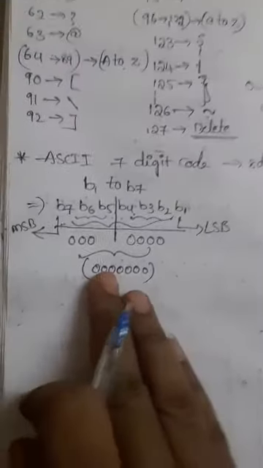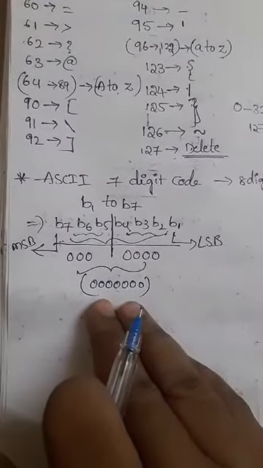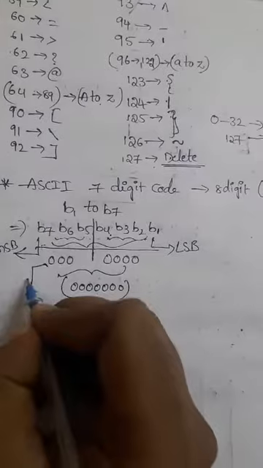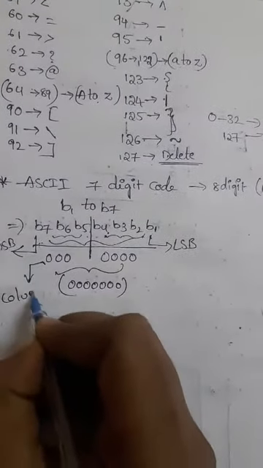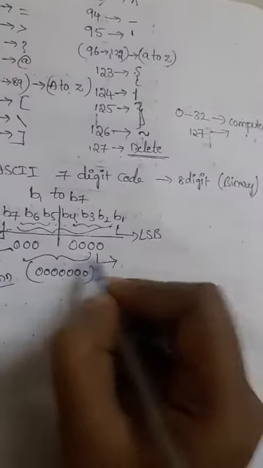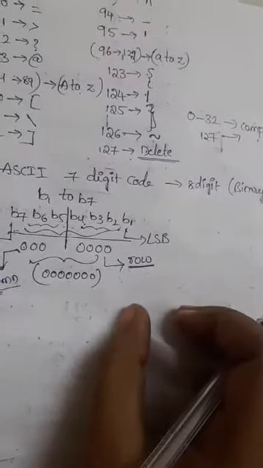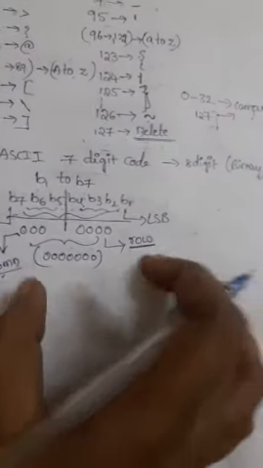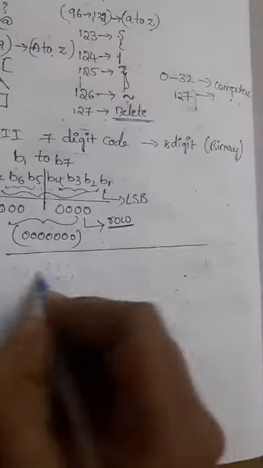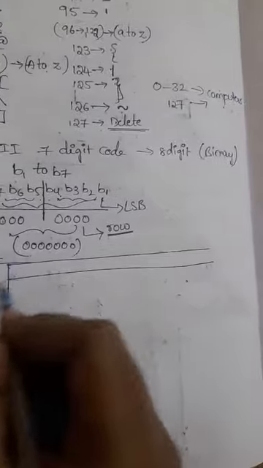So to represent any ASCII code in binary, we have to represent it in a 7-digit code. The 3 digits we call the column digits, where we take the 3-digit code from the column, and the 4-digit code we have to collect from the row side. To collect these ASCII codes, from the syllabus we have a chart, that is the ASCII chart. Just refer to the notes, we can understand easily.